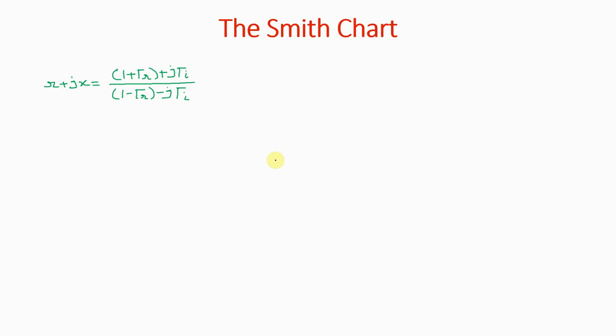Now this was the value. So here multiply and divide by the conjugate vector, 1 minus gamma r plus j gamma imaginary over 1 minus gamma r plus j gamma imaginary. So when you multiply and divide by this vector,